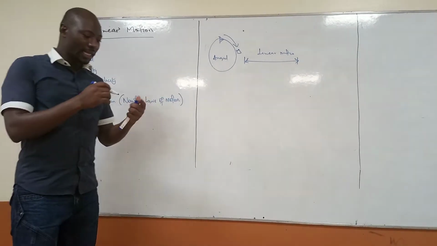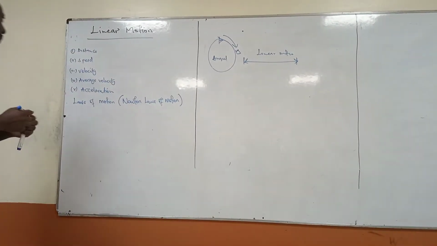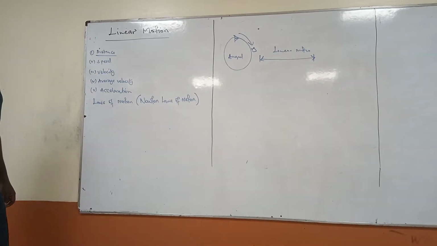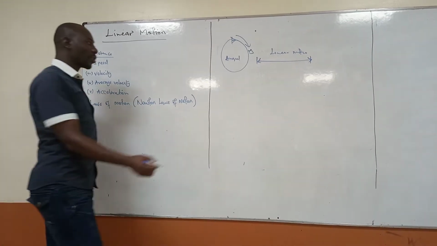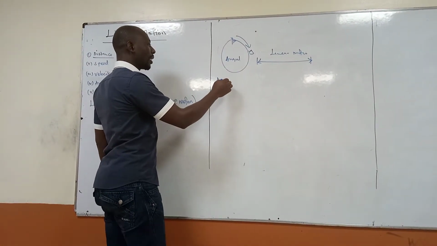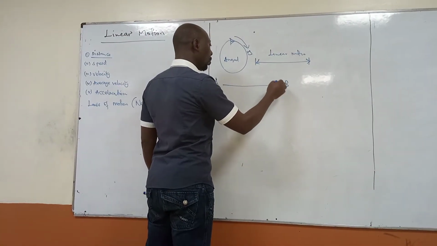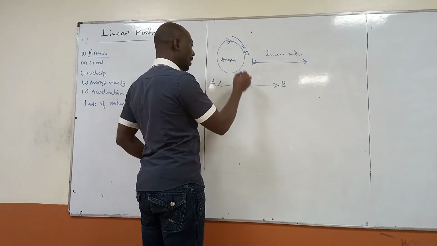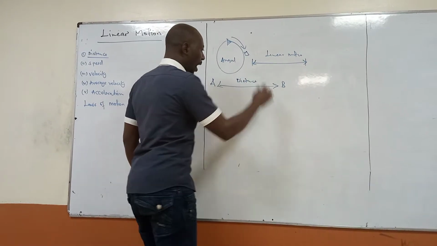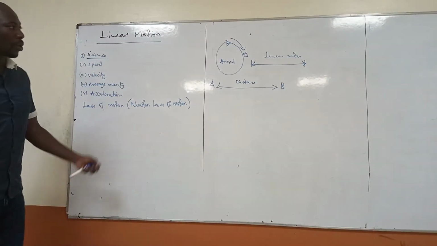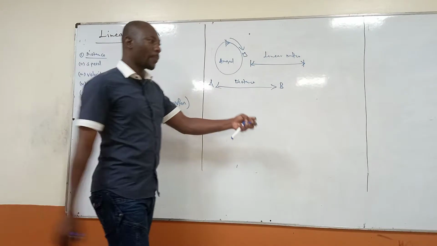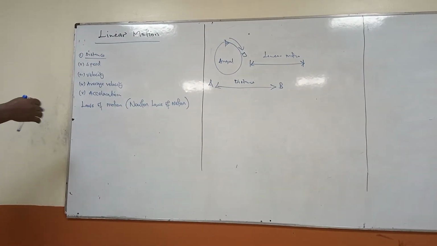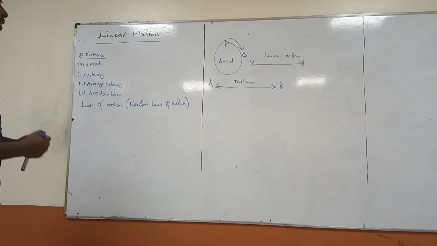So I have got terms that associate with motion. The first term is called distance. What is distance? Distance is the distance between 2 points. So if you have got a point A here and another point B here, the space between them is what we call the distance between these 2 points. Otherwise, it's called length, the dimension of length between 2 points, called distance.